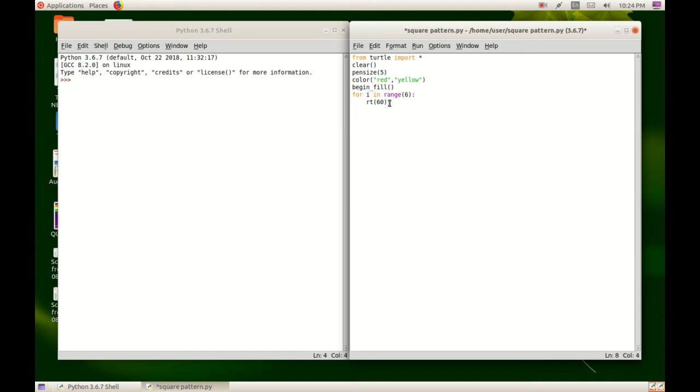After the first loop, we will write the second loop: for j in range, inside the bracket giving 4, colon, pressing the enter key, FD 90, then RT. Sorry, FD we have to give 100. Even if we give 90, what happens? The length of the line will be 90.